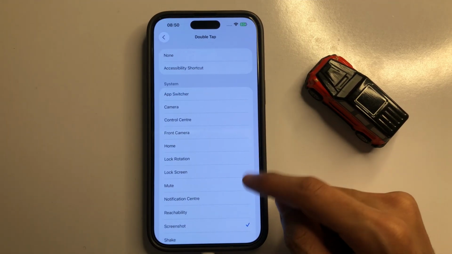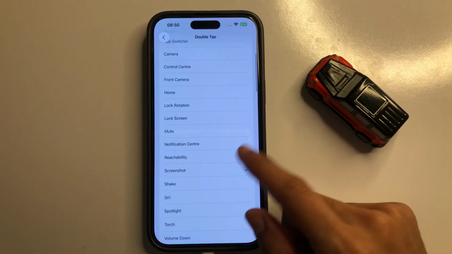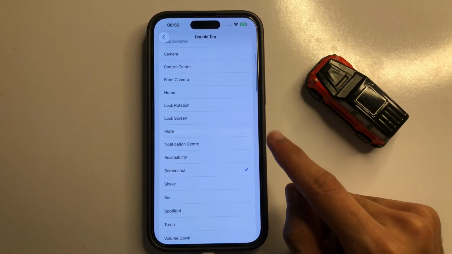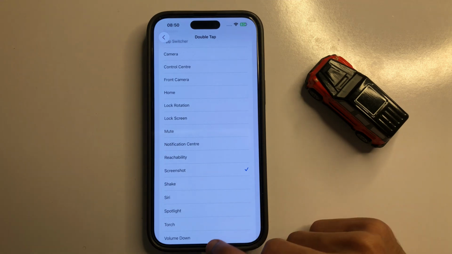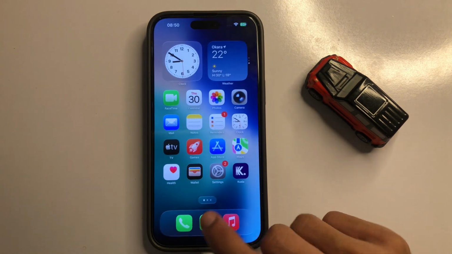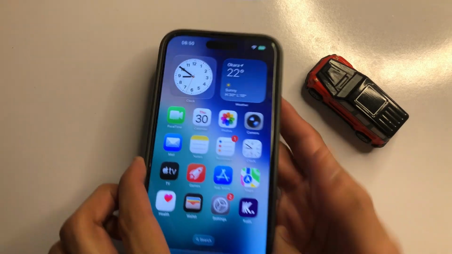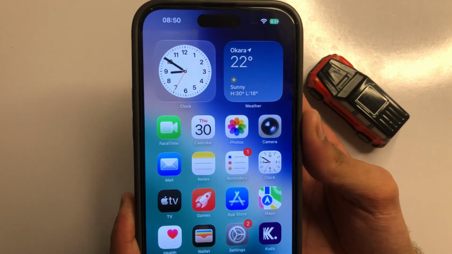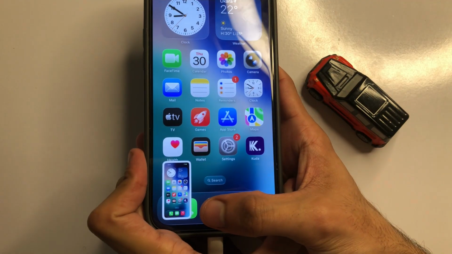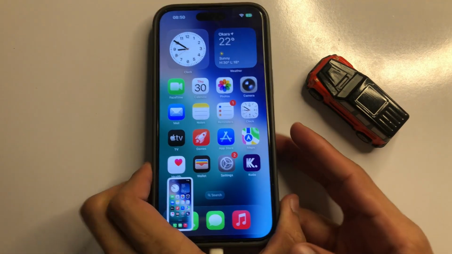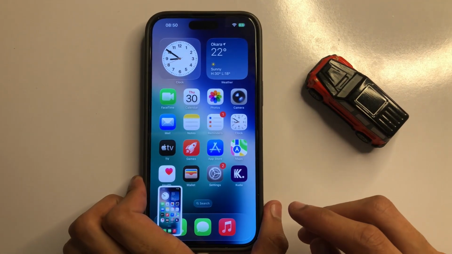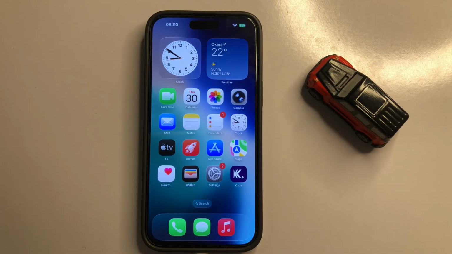So select feature from here, so I will select screenshot. So after the process, go back to home screen, refresh phone. So if you want to test, so you will see, click on back, you will see screenshot is captured, so it's worked properly. So that's how you can use back tap feature on